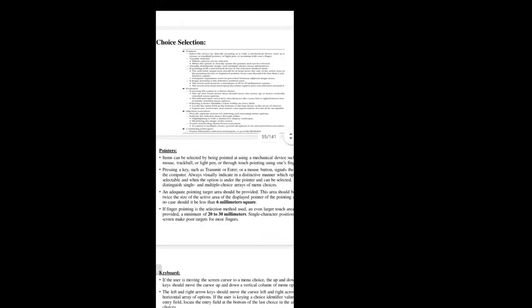So one by one, the first one is pointer, right? So it is very clear. Pointers means using a mouse, or they have given, see, mouse, trackball, light pen, or touch pointing using one's finger also, right? So anything which you do by using mechanical devices, items can be selected by being pointed.